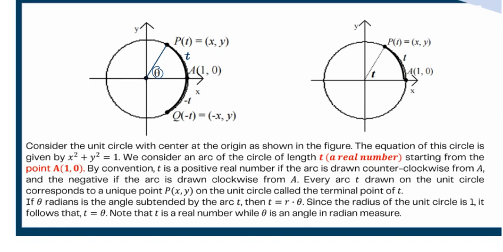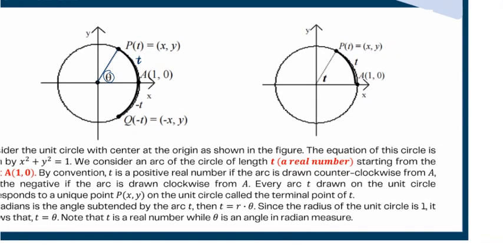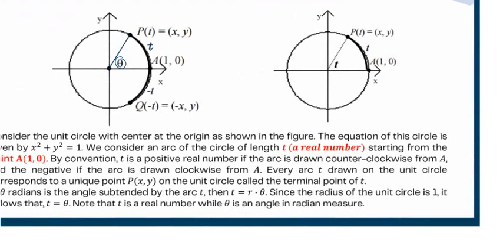So in this figure, consider the unit circle with center at the origin. So the equation of the circle with center at the origin is actually x squared plus y squared is equal to 1. And remember again, in analytic geometry, we know that we could actually have this equation when we try to imagine that we have a conic, and then the conic section, the cone or a right circular cone